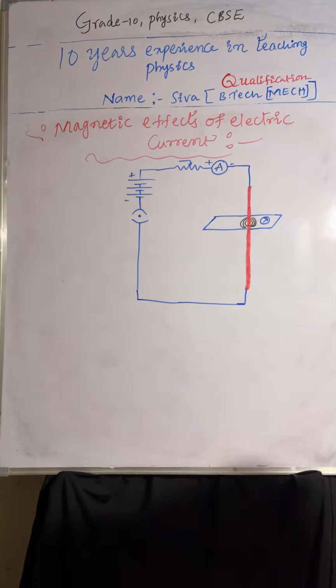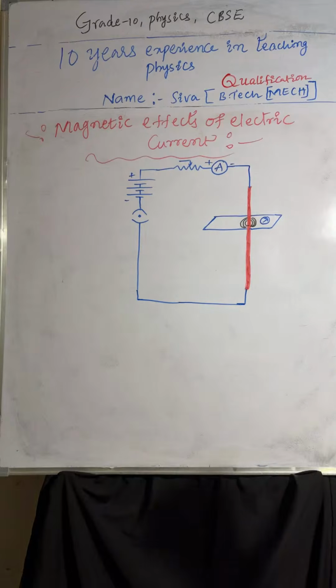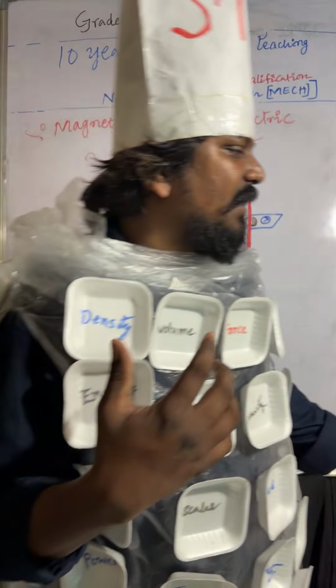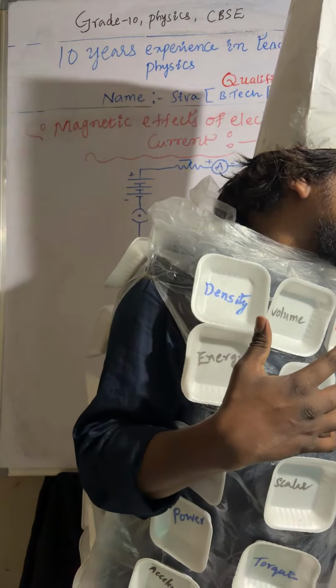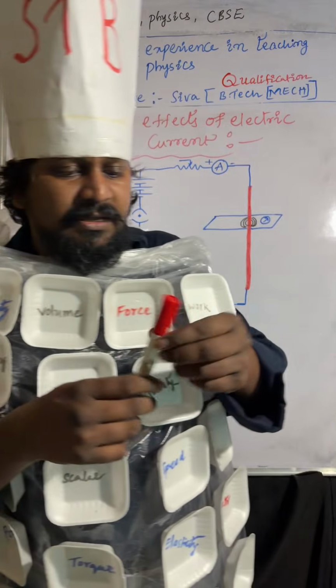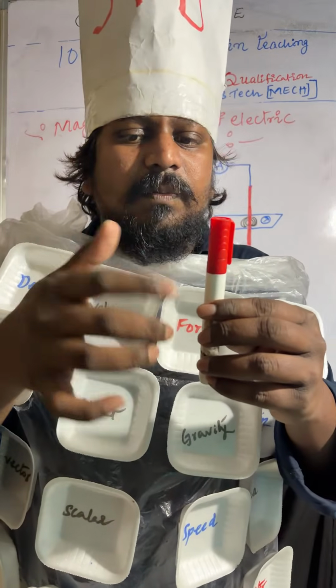So the question is, in which direction will the magnetic field be? How can you identify the magnetic field around the current carrying conductor? By using the right hand thumb rule. If the current is passing in the upward direction through the current carrying conductor,